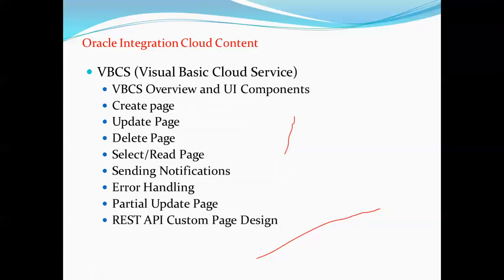This is OIC content, and this is VBCS. Now, slowly, the clients are moving on to custom forms by using this VBCS, nothing but Visual Builder Cloud Service. For example, the client doesn't want our Fusion application screens. The client wants to go for completely custom pages. In order to go for the custom pages, Oracle has two solutions. One is either the client will take a PaaS subscription, or there is a VBCS option available. This is also a PaaS solution.